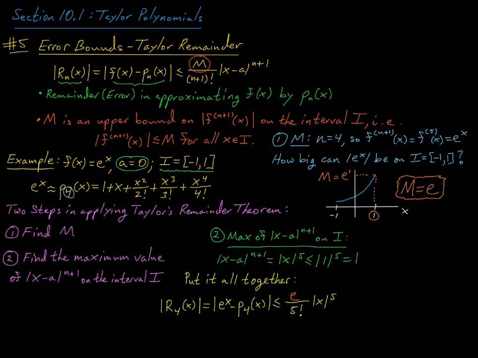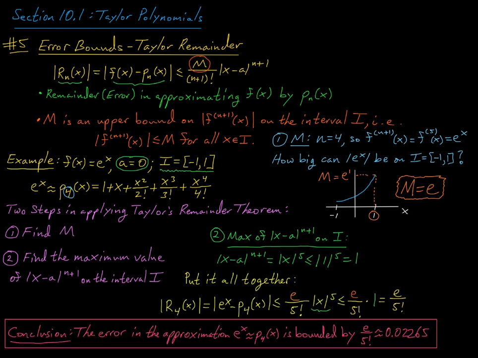And from the second step, we found that this quantity can be no larger than 1. And so our remainder is bounded above by the number e over 5 factorial. So, in conclusion, the error in this approximation is bounded above by e over 5 factorial, which is about